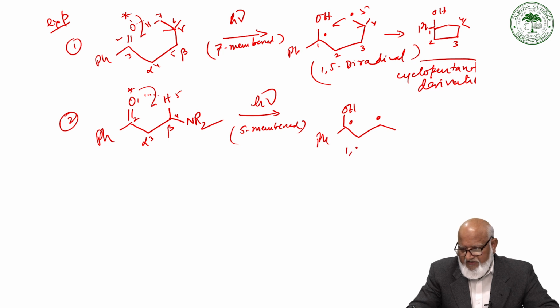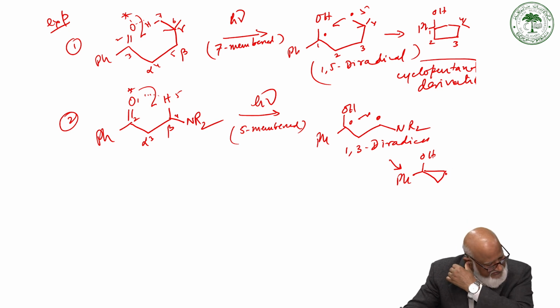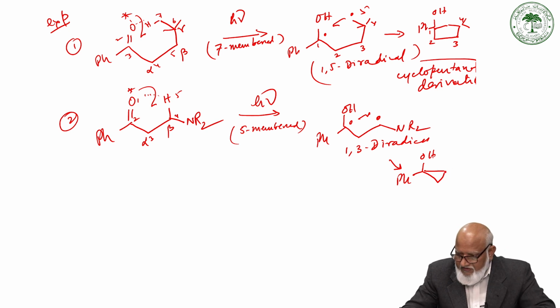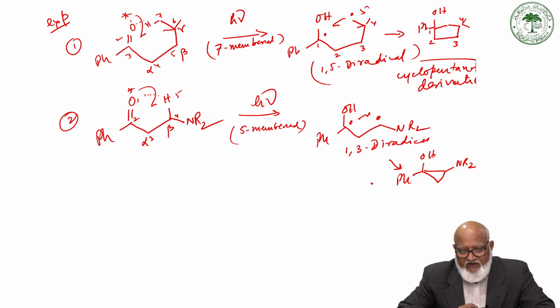There's a 1,3 diradical, and then this cyclizes to give a cyclo OH, Ph, NR2. So the 1,3 diradical has, so we can see we have gamma hydrogen abstraction, an example of gamma hydrogen